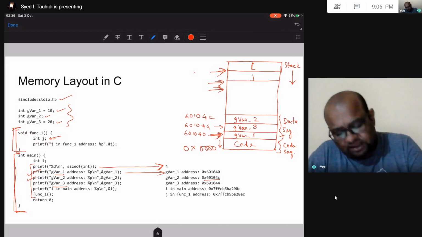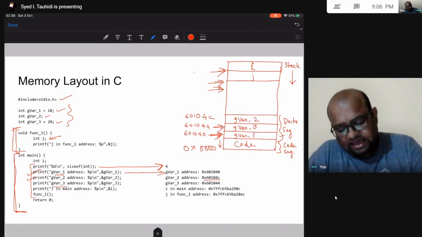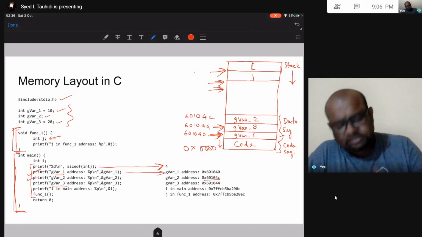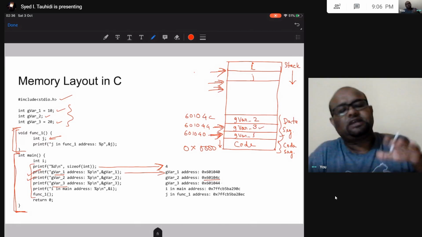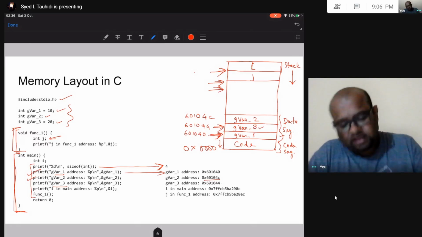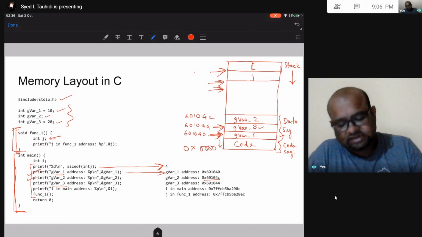On top of that, I have global variable 3, 4 bytes after global variable 1, because global variable 1 is an integer, it takes 4 bytes. And then after that, 4 bytes is given for global variable 3, and 4 bytes is kept as a separator between the initialized and uninitialized data segment.